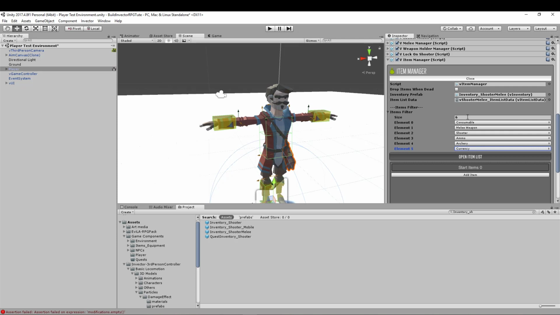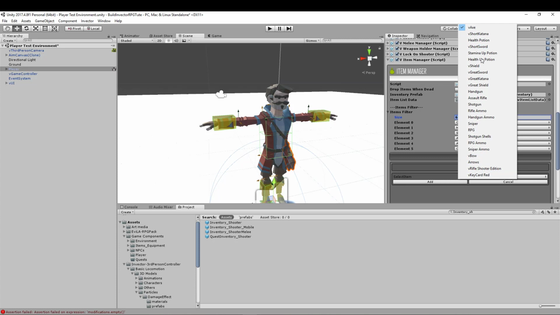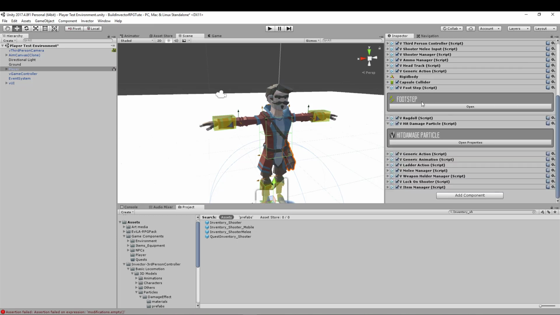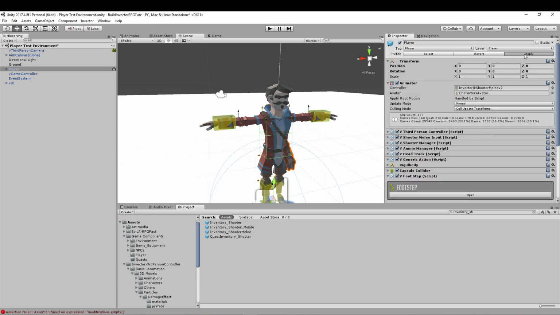So we'll leave that as that for now, and when we go add item, we've got a whole bunch of stuff that we can choose from. So we've got keycard, rifle shooter edition, cool, I like that one. And we should have the bow, V-bow, all that sort of stuff that we can add to it. Not going to do that just yet. So I'm just going to click cancel on that, and that should be it for our character. Now I'm going to click apply,